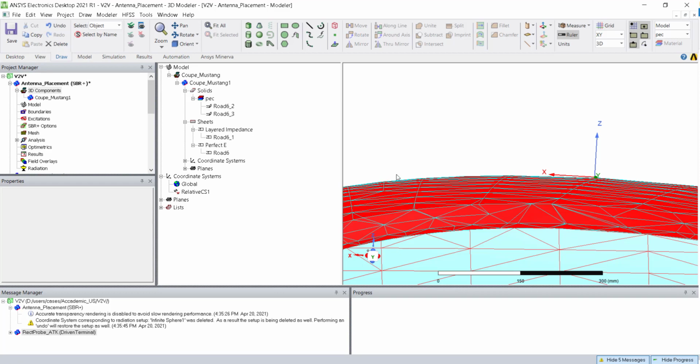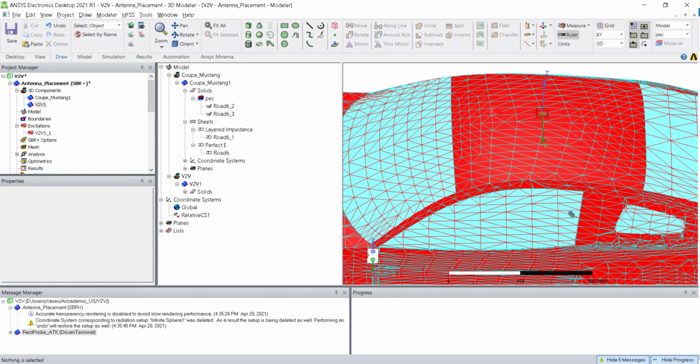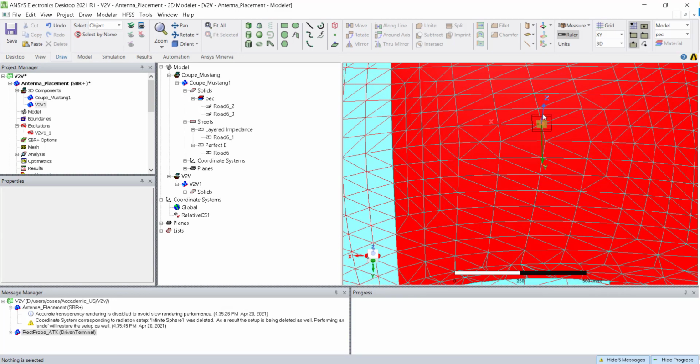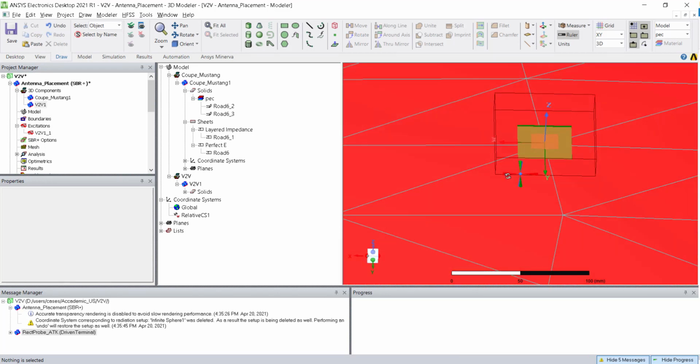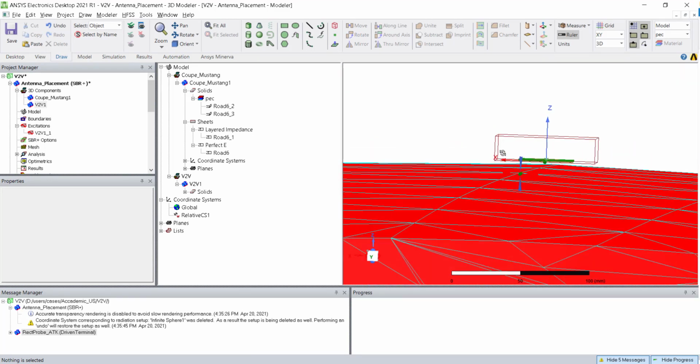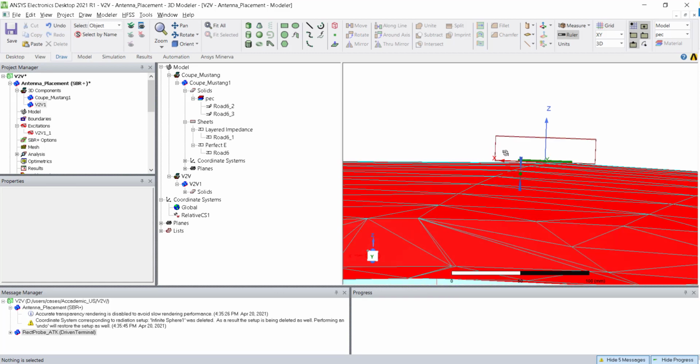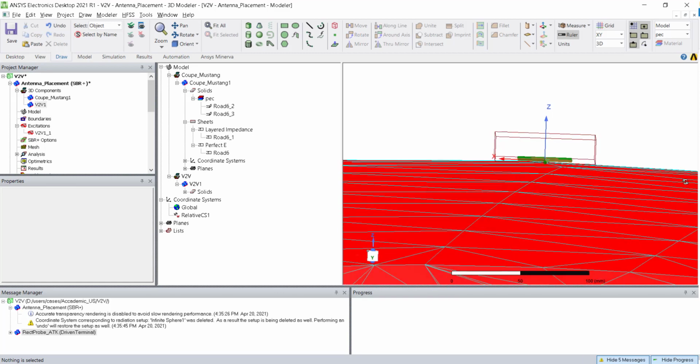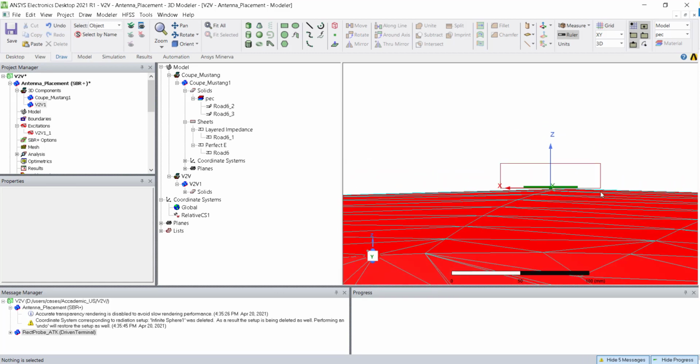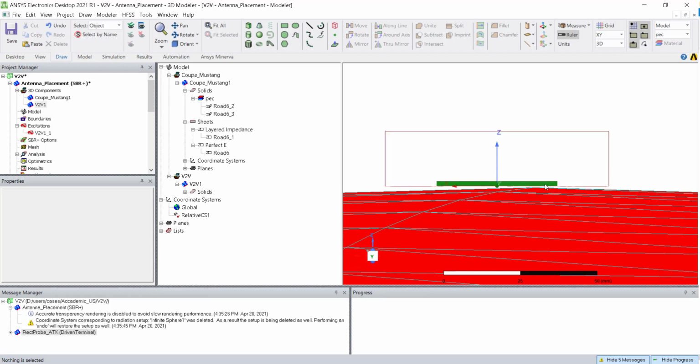Now what you will see is the antenna will automatically be located at this point, and it came as a box over here. Now you can see the antenna also. So this is the reason why we enable the blockage model. And here you can see a small gap between the ground plane and the antenna structure.